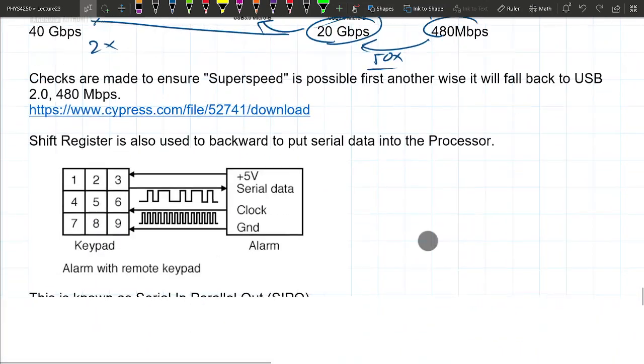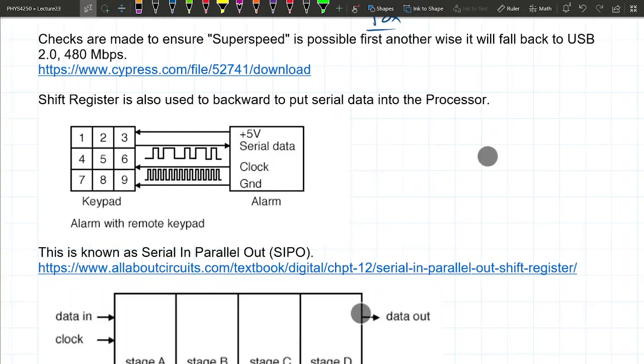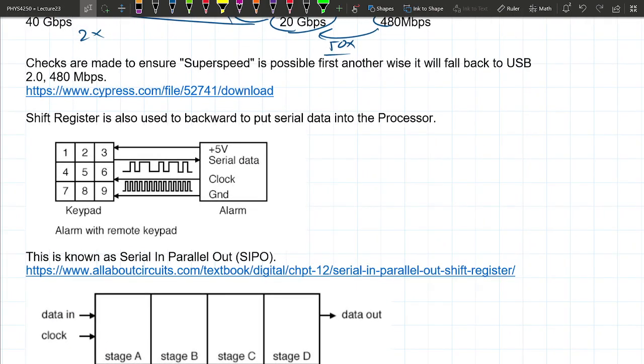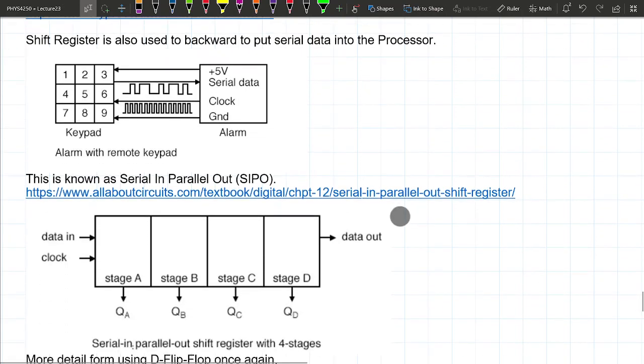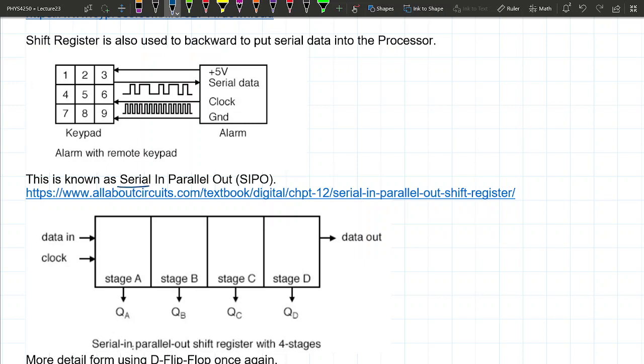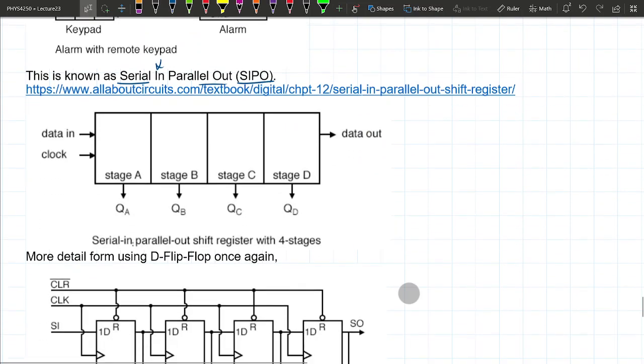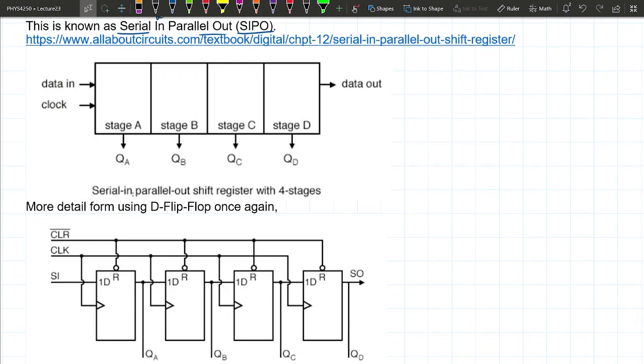Let's see. Should we talk about this last thing? Do you want to go the other way, where let's say we're able to send data out from our hard drive or our memory through USB, but now the USB information is coming in serially? How do you convert that back into parallel? So there's also a conversion where you go serial in, parallel out, which is called SIPO. Very creative, right? Let's not go through the truth diagram, but just see schematically how this is hooked up